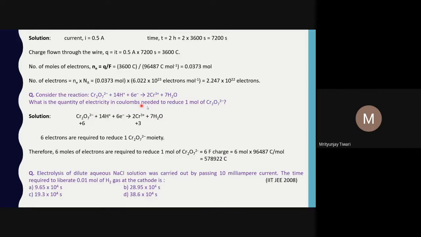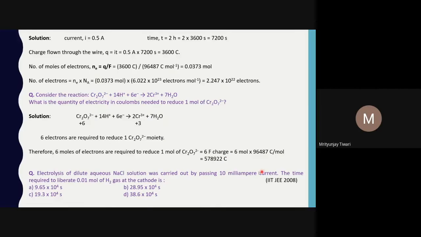This is called the amount or quantity of electricity. If it says quantity of electricity, it means you have to find the charge, the coulomb. It is not the value of I. You should not get confused. Usually if it asks for the electric current, then you have to find the value of I. If it says amount or quantity of electricity, or sometimes just electricity, it is asking about the total amount of charge that is required. So this is the answer.